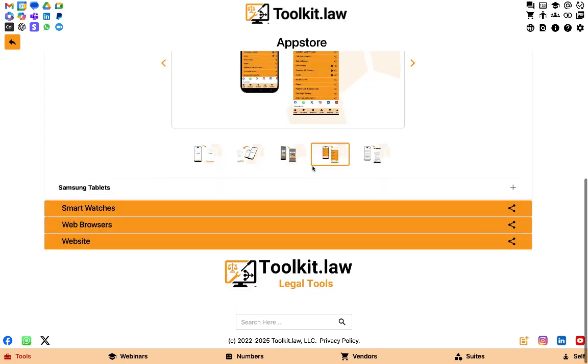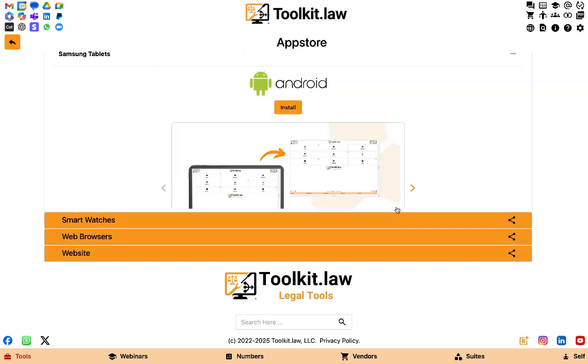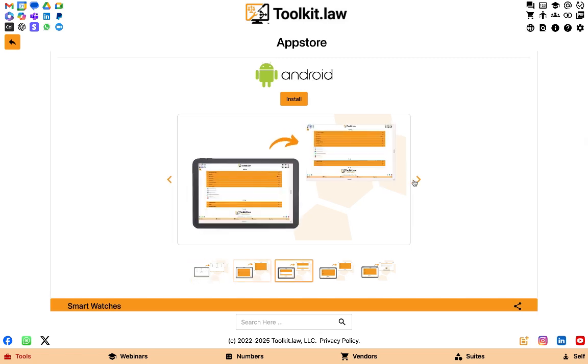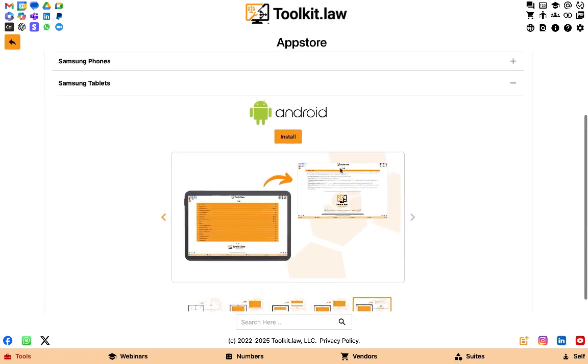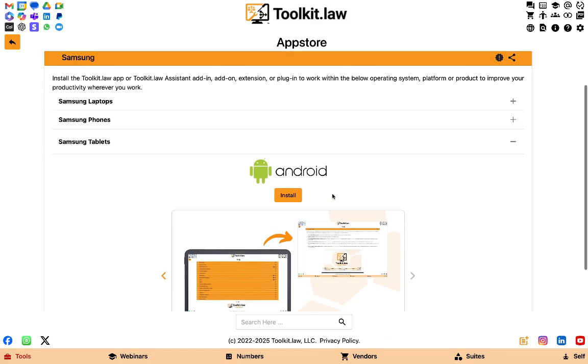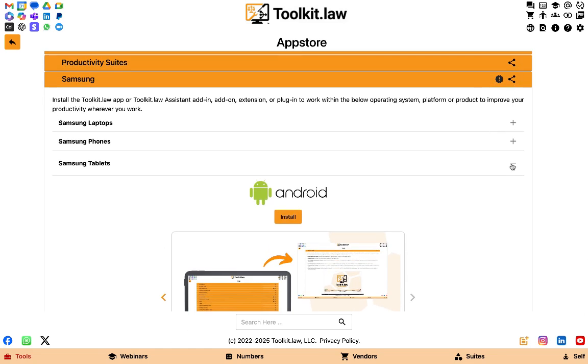Each app is designed to provide lawyers and law firms with instant access to powerful productivity tools, no matter where you work. With one-click access to screenshots, app details, and direct install buttons linking to trusted app stores, setup is fast and hassle-free. Whether for case management, legal research, or collaboration, these apps are optimized for Samsung platforms to keep you organized, efficient, and